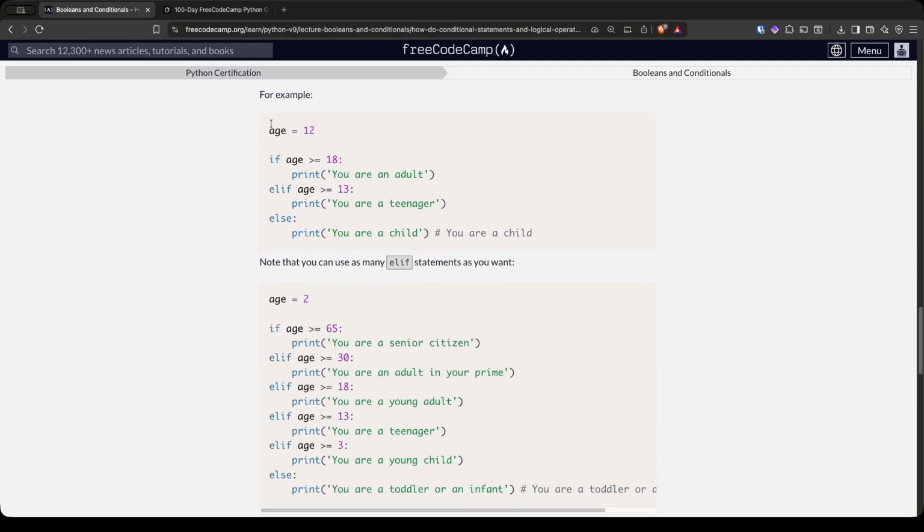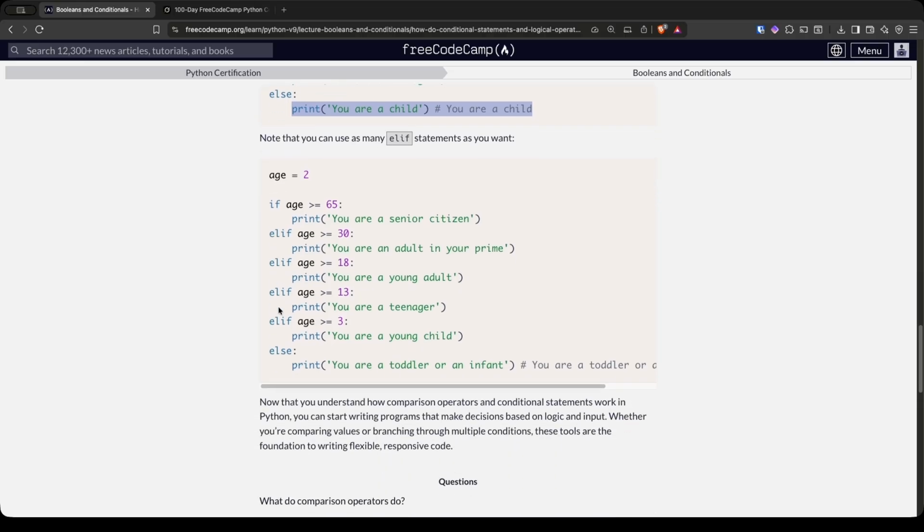In this case, age is assigned the integer 12. If age is greater than or equal to the integer 18, print you are an adult. That is not going to run because this is going to evaluate to false. Elif or else if our variable, the integer 12, is greater than or equal to the integer 13, print you are a teenager. That is also false. So it's going to run this last line of code here under the else clause, print you are a child. Seems kind of insulting, but